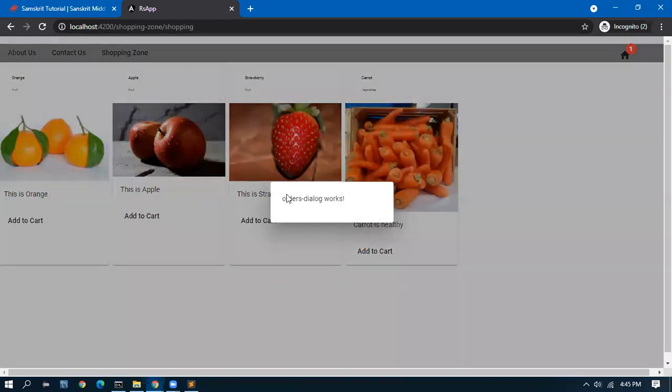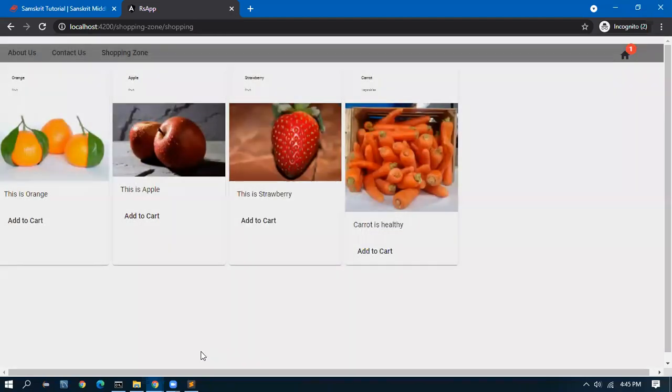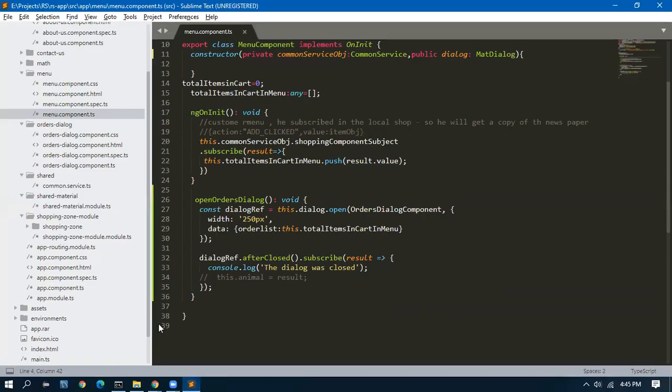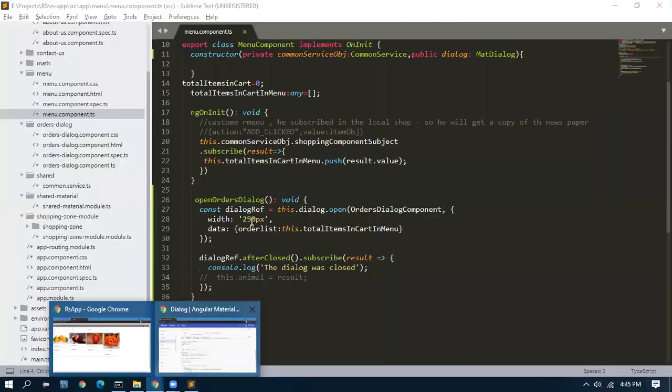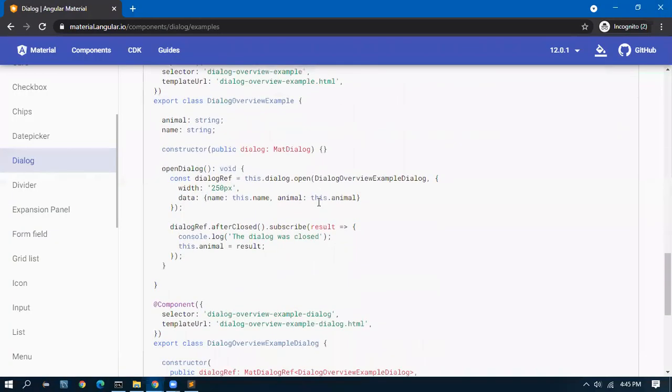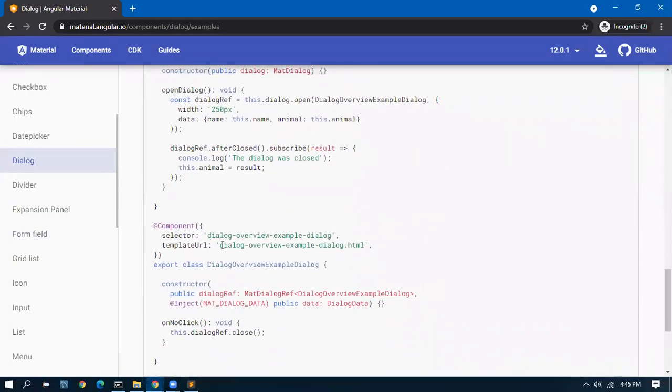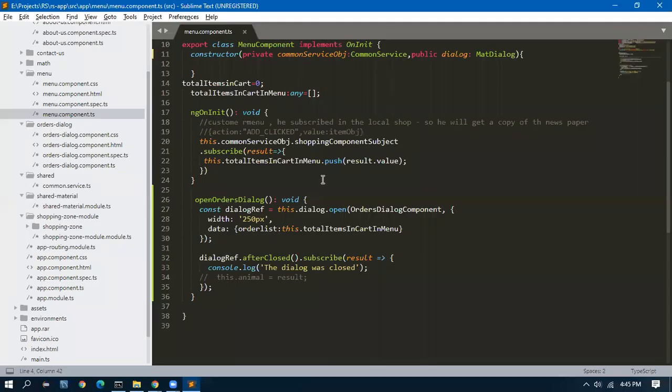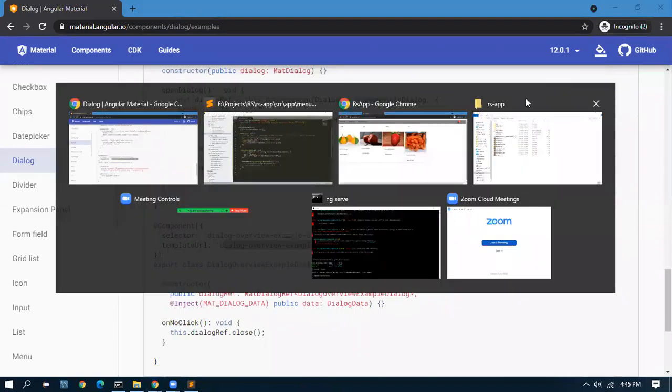Now I have the values. I have to print the values here. For that, you go to the documentation. Here, in the documentation, this is the pop-up page, where we want to print out values in the small pop-up window.